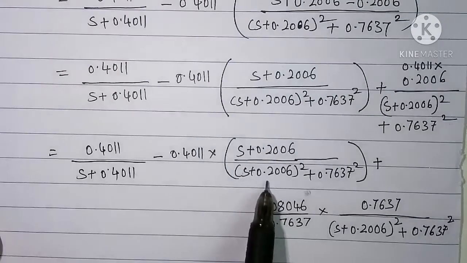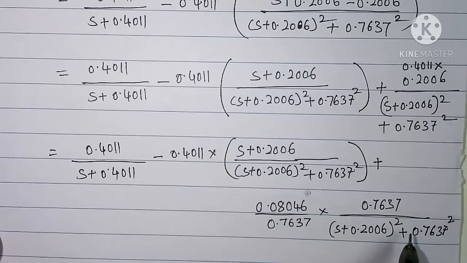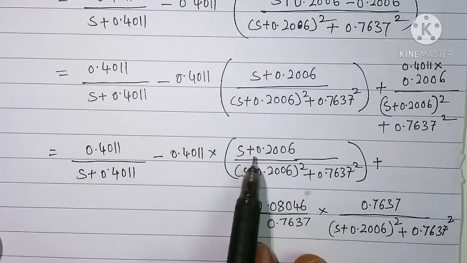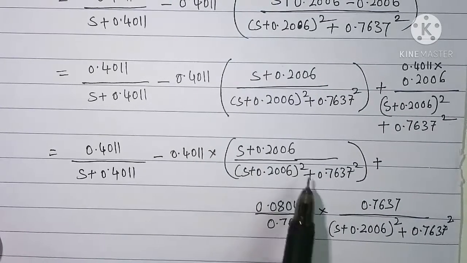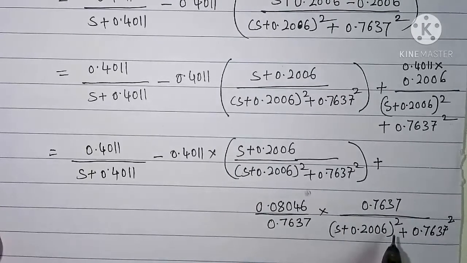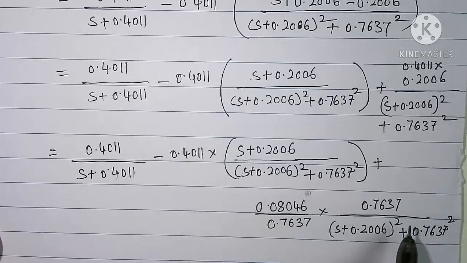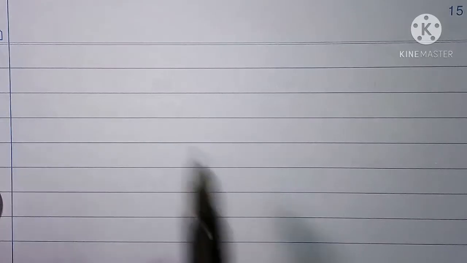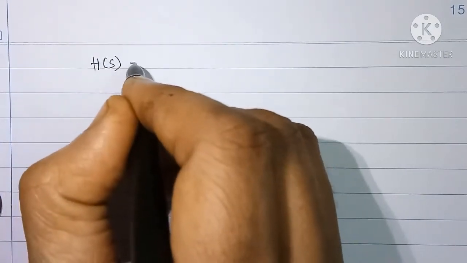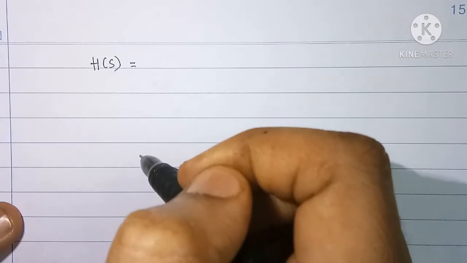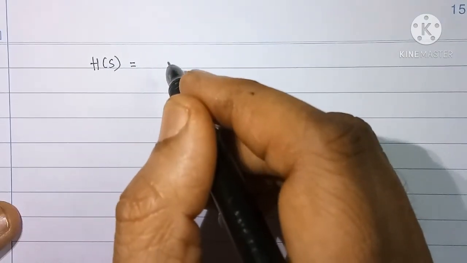Now we will understand in what standard form the second term and third term are there. Second term is in s plus a upon s plus a whole square plus b square form, and the third term is in b upon s plus a whole square plus b square form, whose z transform we can write directly. Before we write the z transform, we will simplify h of s further to get